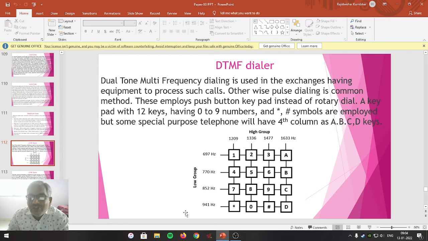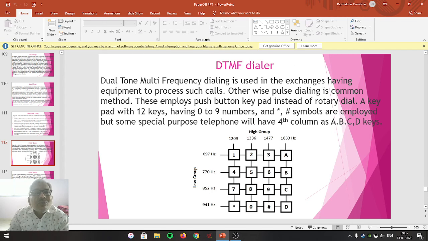It is not suited for step by step or local feed telephone exchanges. Such a system is presently and widely used dialing system that is known as DTMF dialer or dual tone multi-frequency dialer.